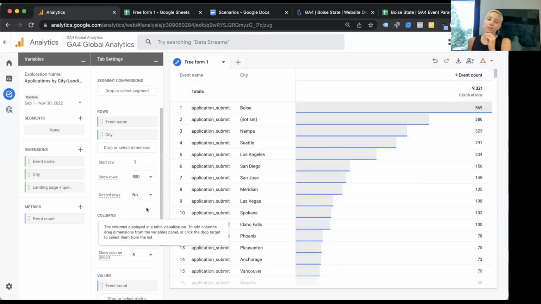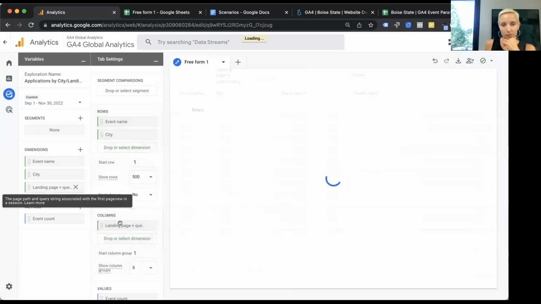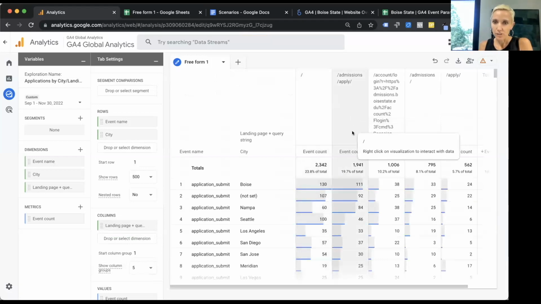But now I want to understand, okay, we know where they're coming from, but how do they arrive on the website? What's the entry page? So I can grab landing page and I'm going to bring it in as a column. Again, just to make it a little bit more digestible since we have so many dimensions.